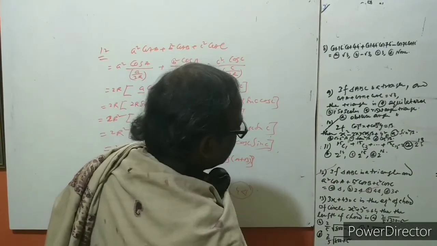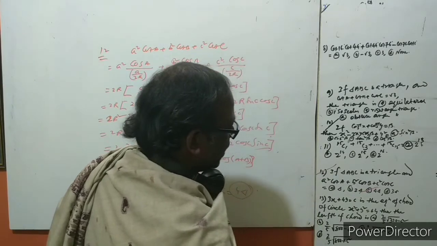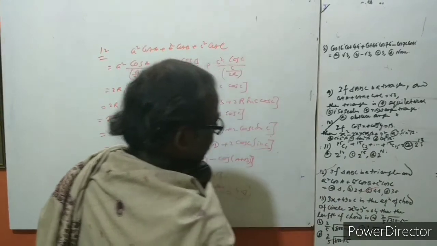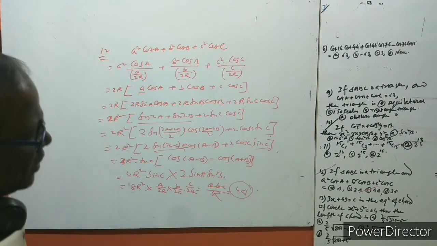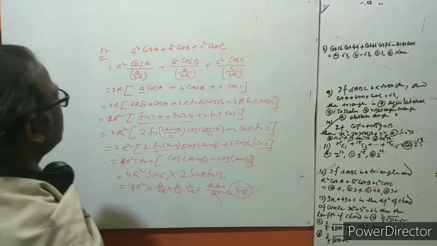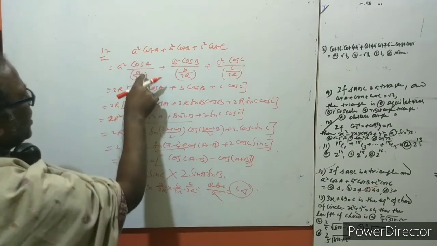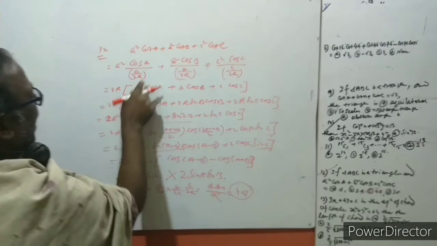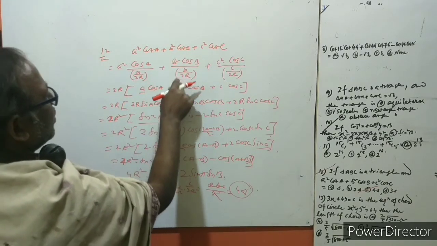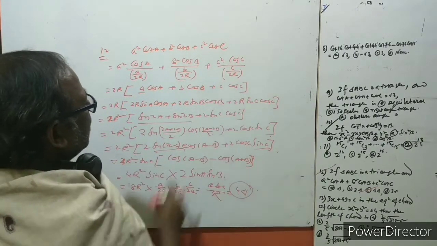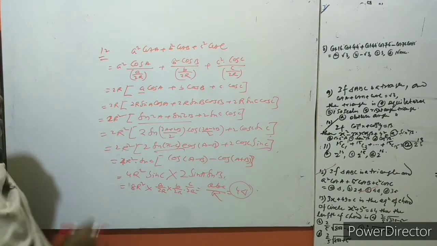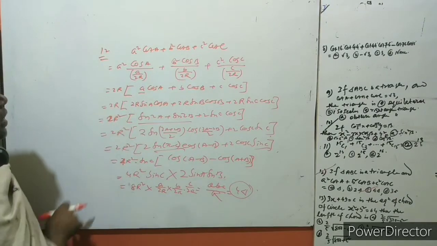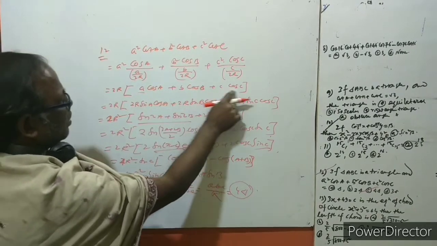Given that ABC is a triangle, and given that a square cot A, b square cot B, c square cot C is equal to what? Options: del, 2 del, 4 del and 3 del. Now see here, this is the question, and cot A means cos A by sin A, cot B means cos B by sin B, cot C means cos C by sin C, and sin A means a by 2R, sin B means b by 2R, and sin C is equal to c by 2R. Okay, and a cancels, b cancels, c cancels. Now taking 2R common, we get here a cos A, b cos B, c cos C.